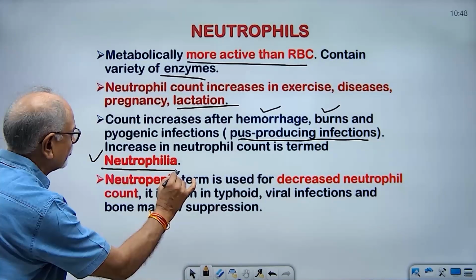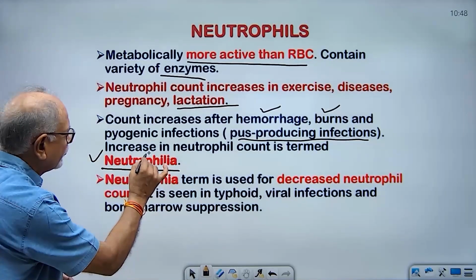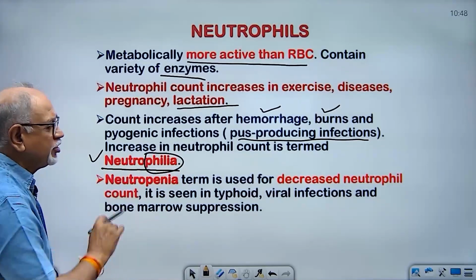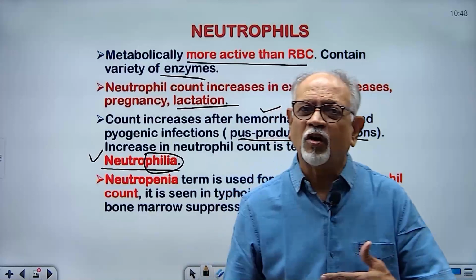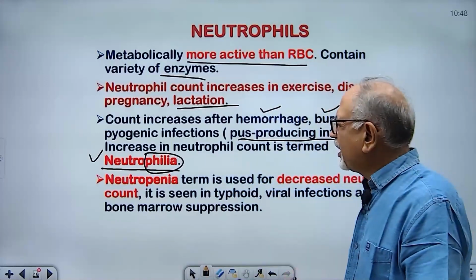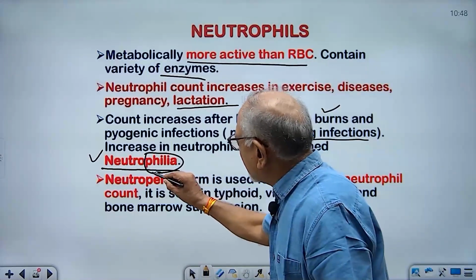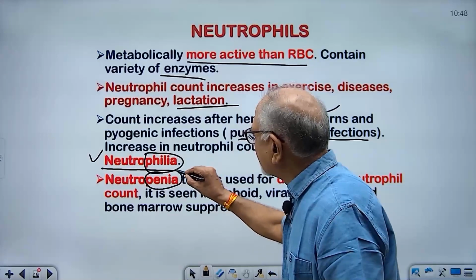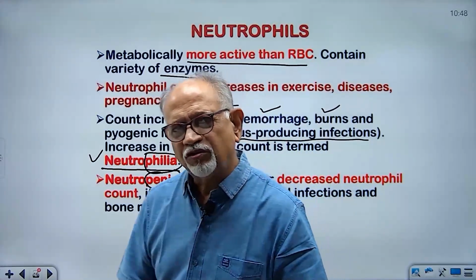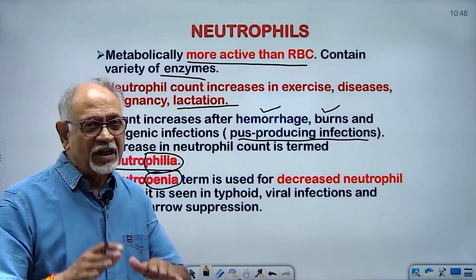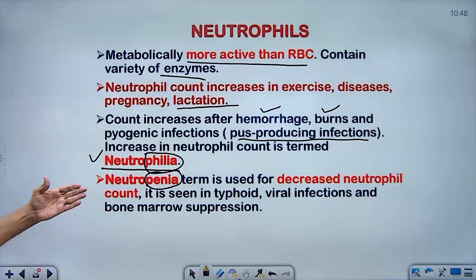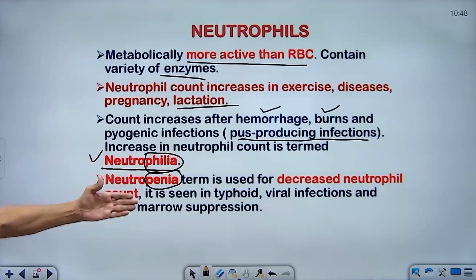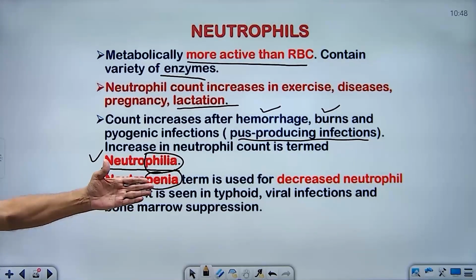Neutrophilia. So, this word philia is repeatedly used for indicating more production of a type of cell, whereas the other term called penia is used for indicating less production of a particular type of cell. So, neutropenia occurs when the